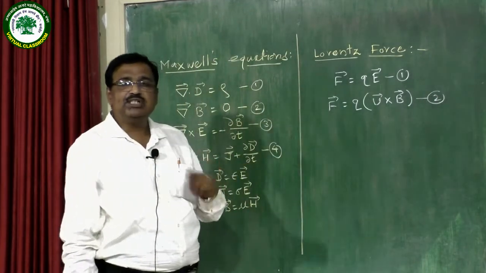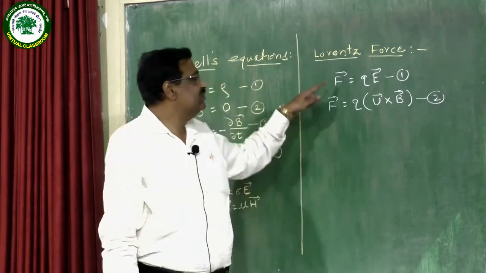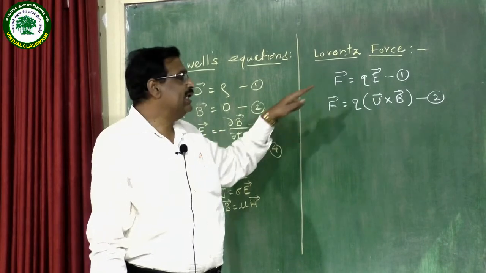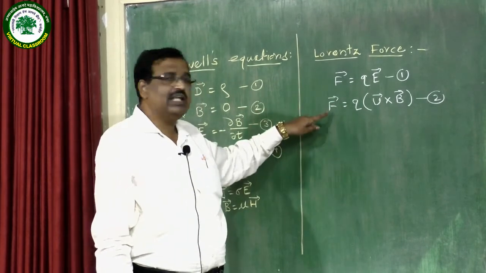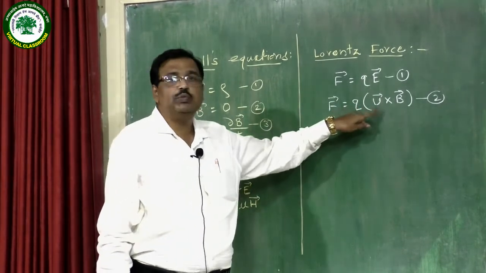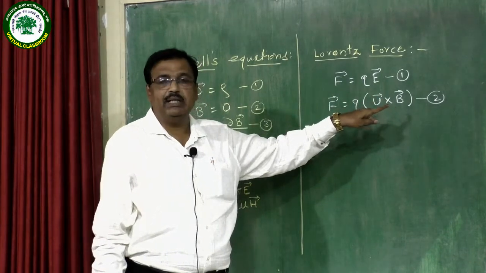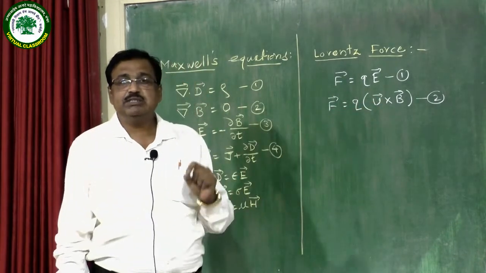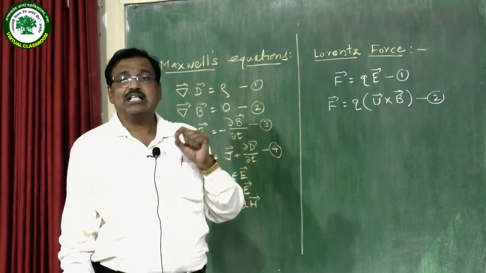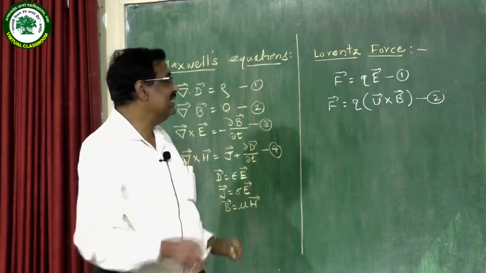That means if the charge is present in an electric field, then the force is F equal to QE, and if the charge is moving in a magnetic field, then F is given by Q into vector V cross vector B. But if this charge is present in electric as well as magnetic field simultaneously,